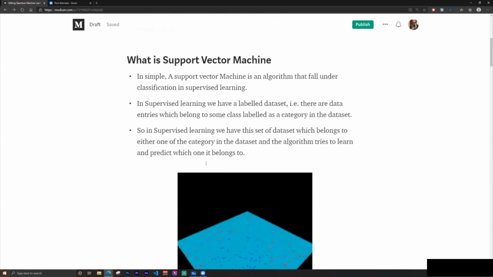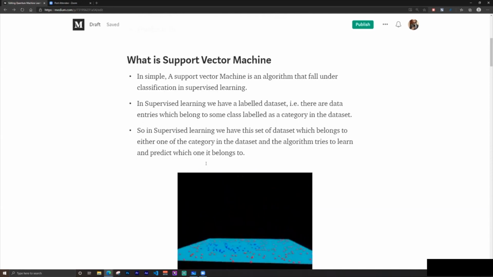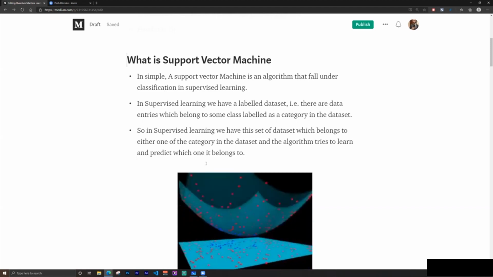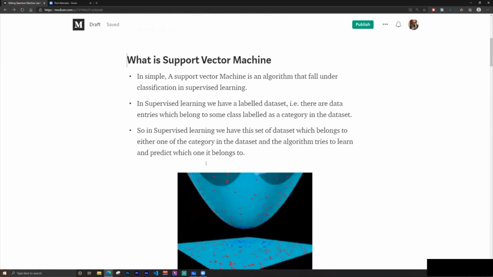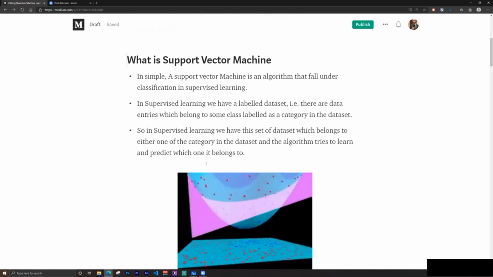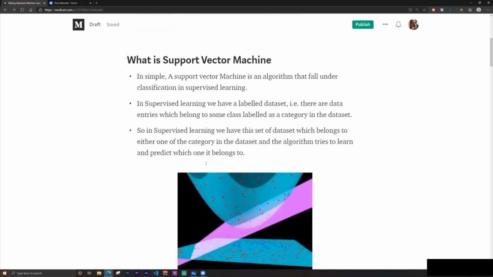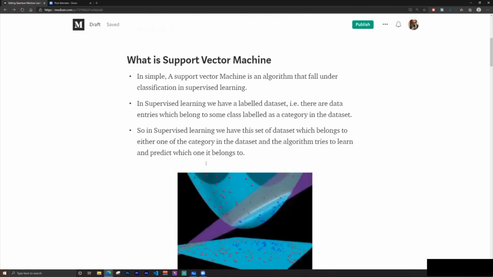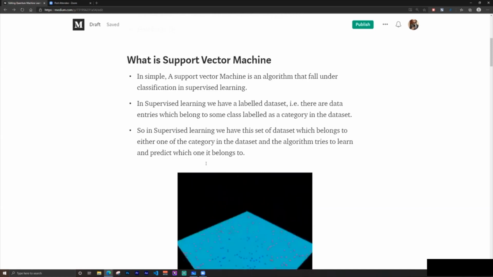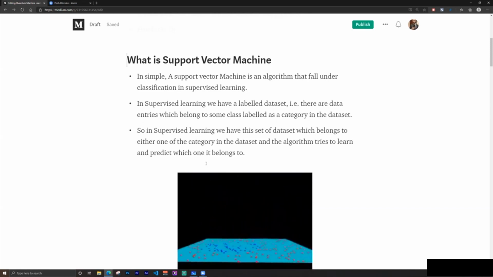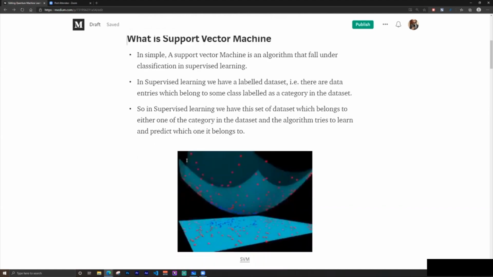It is used in supervised learning. So what exactly is supervised learning? We have a labeled data set. What do you mean by labeled data set? Let's say there is an image of a cat, so the image is labeled as cat. That is what supervised learning is. The task of the SVM was to classify whether this belongs to this category or that belongs to that category. So how SVMs work is,